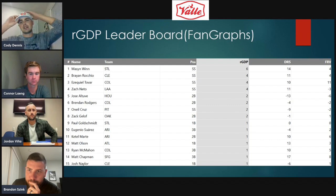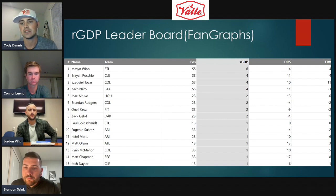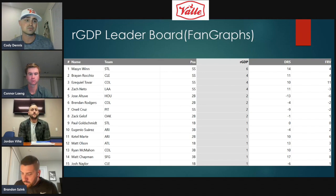Well, it's interesting. FRV is supposed to be a more apt comparison to defensive runs saved, and you still see the same kind of contrast that you would see with DRS and OAA. You look at Neto here. I mean, he's nasty. He's one of the best defenders in the league, and he's got a plus 10 DRS or a plus 11 DRS and a -3 FRV. And I'd love to know essentially what their matrices are. I know DRS has a 24-point matrix, and I'd love to know the weighting there, and again how they're doing it with FRV, because to be honest with you, these are supposed to give us evaluations of very, very similar things, and to have these big of contrasts,